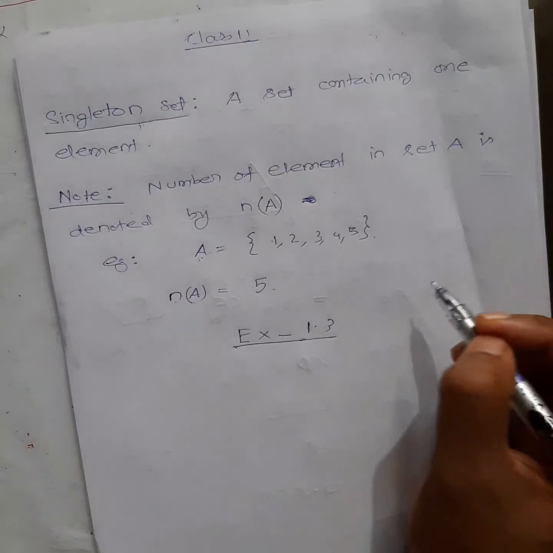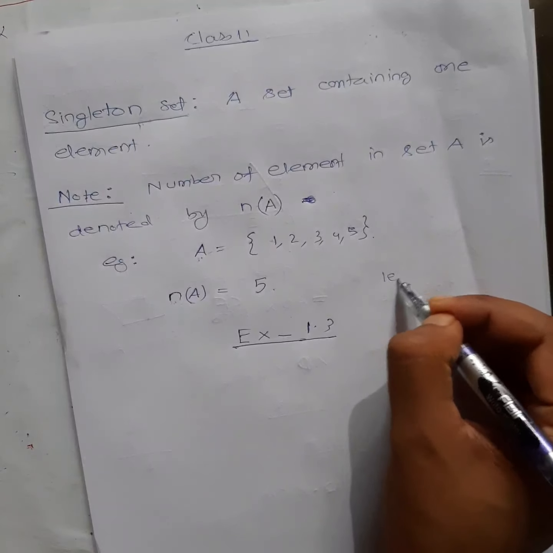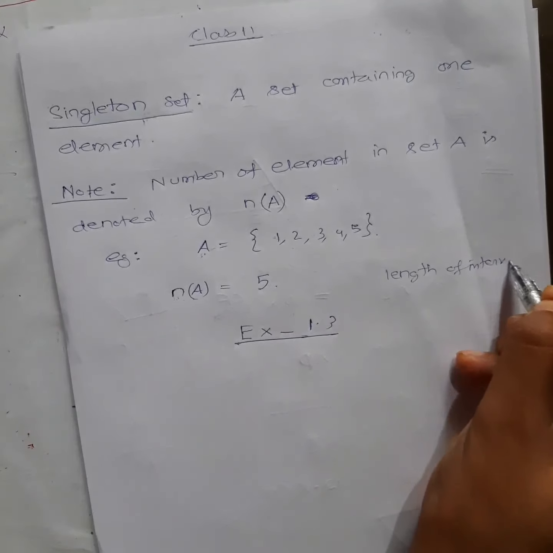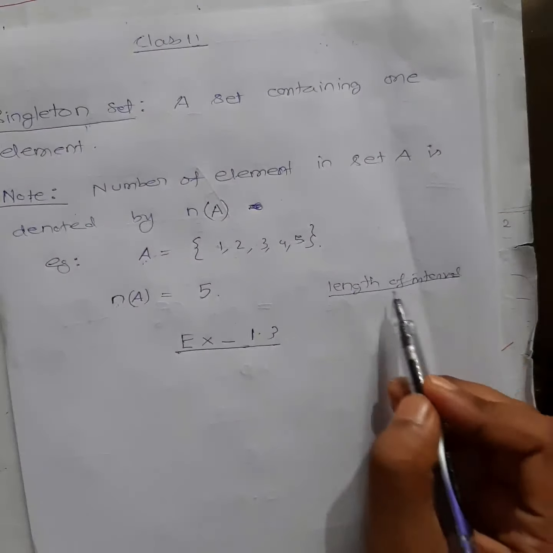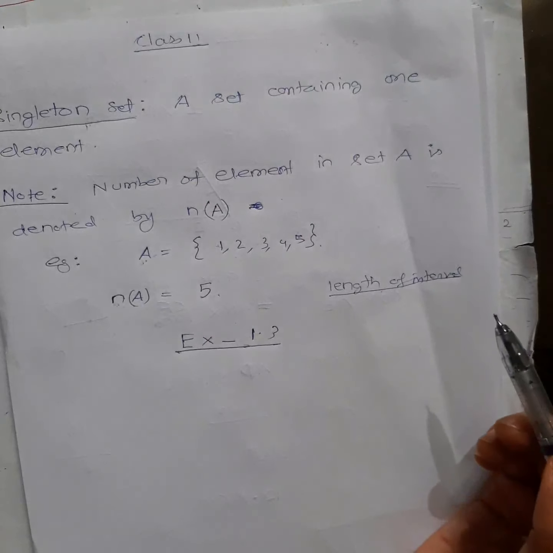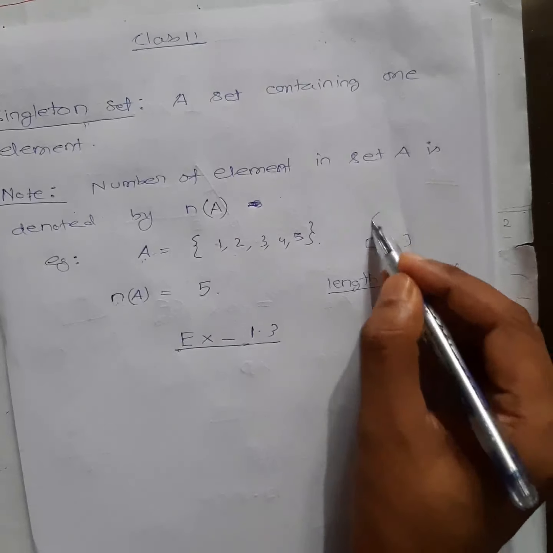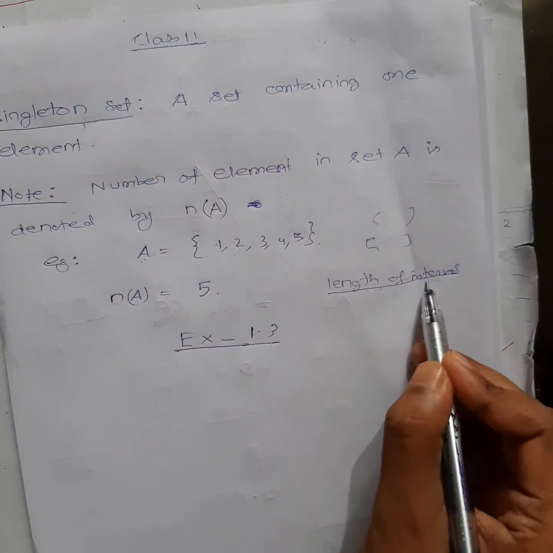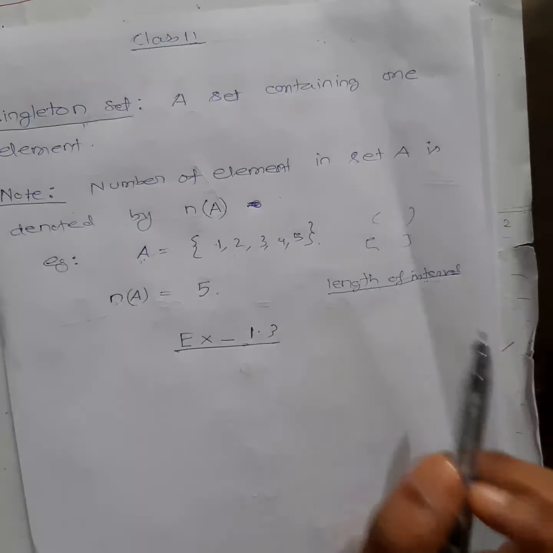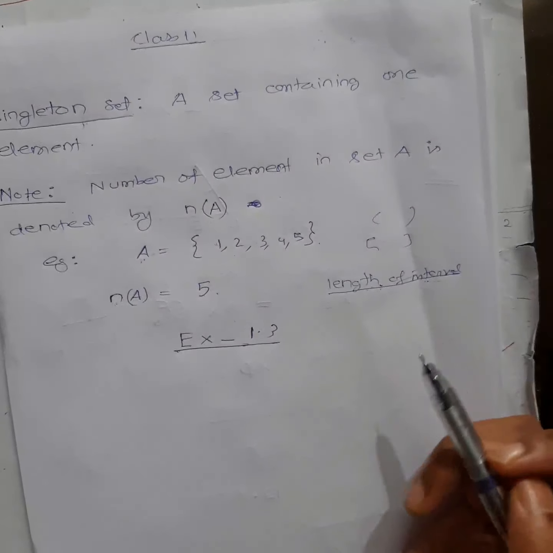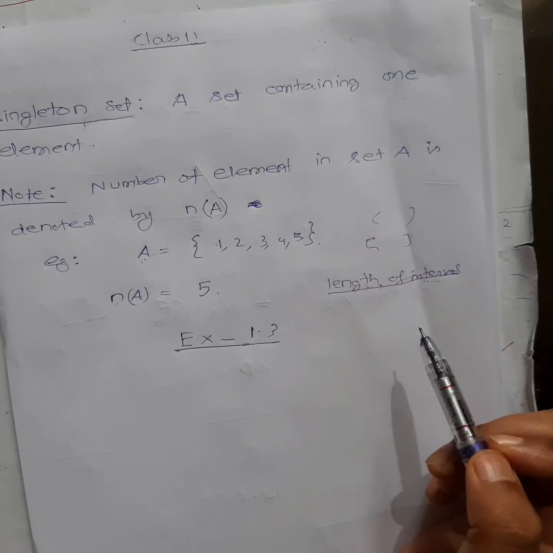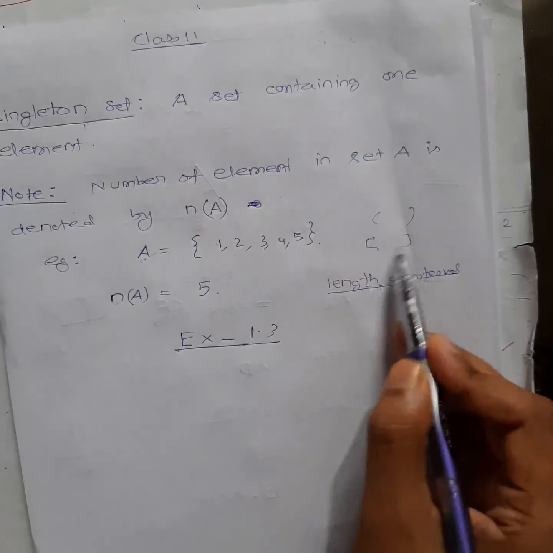And one more thing: in the last comment, one of the students asked me about the length of an interval. You might have seen that in your textbook, which is why you say I did explain it, right? Now see, they have given this just as information in the book, since you have done intervals. You don't need this in your set theory. This is a part of measure theory. When you do integration, also in the graph part, you will discuss the length of an interval then. Now we don't need this one.